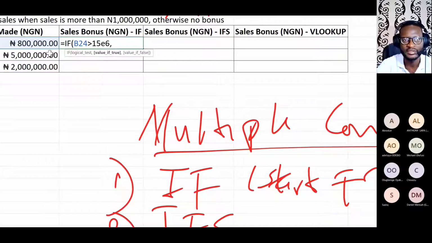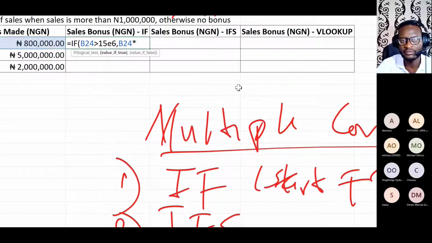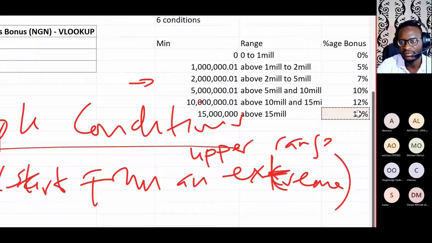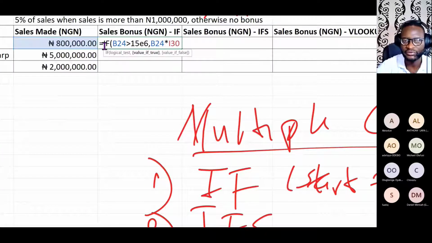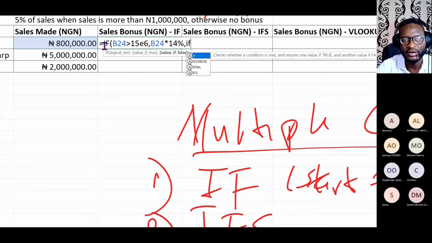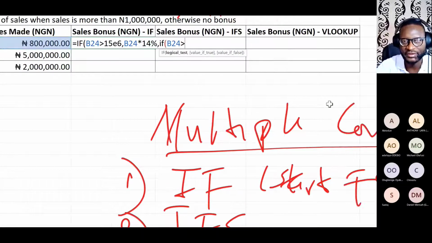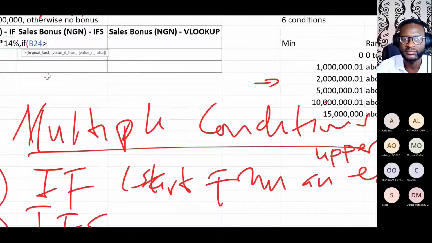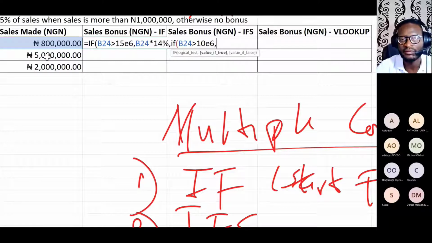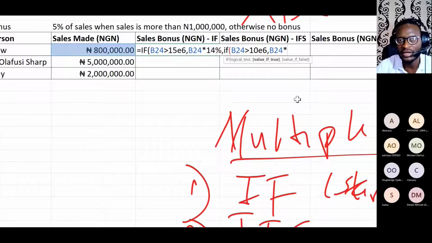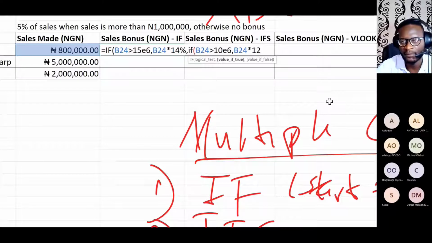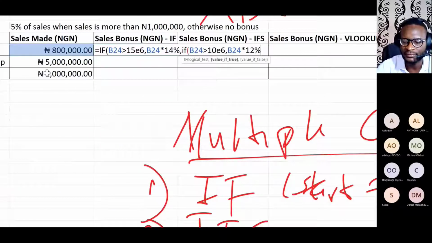What should happen? You should take this and multiply it by 14%, right? So that it will be easy for you to read, let me just write it manually. It's more about you grasping it rather than me trying to be dynamic. If I go to the next one, this is greater than 10 million. 10 is 6, right? Then you should take this, multiply it by 12%, because that's the 12%, right? And then,